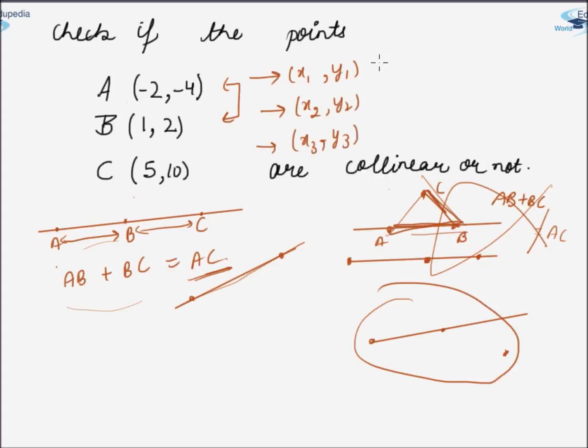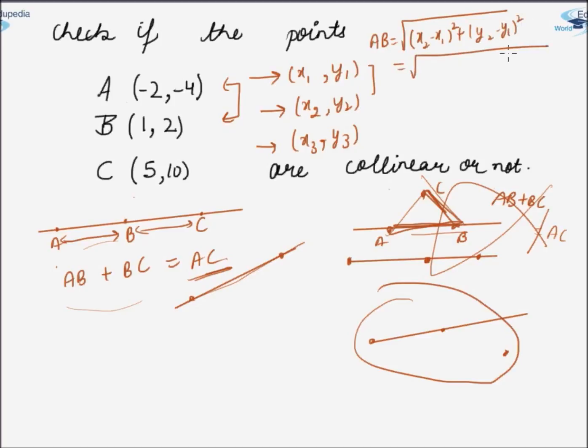Thus AB will be the square root of x2 minus x1 whole square plus y2 minus y1 whole square,